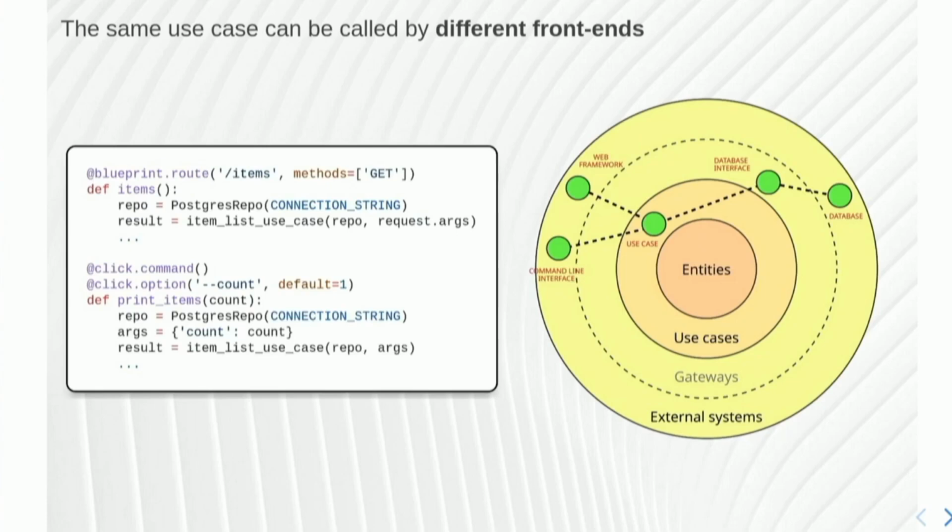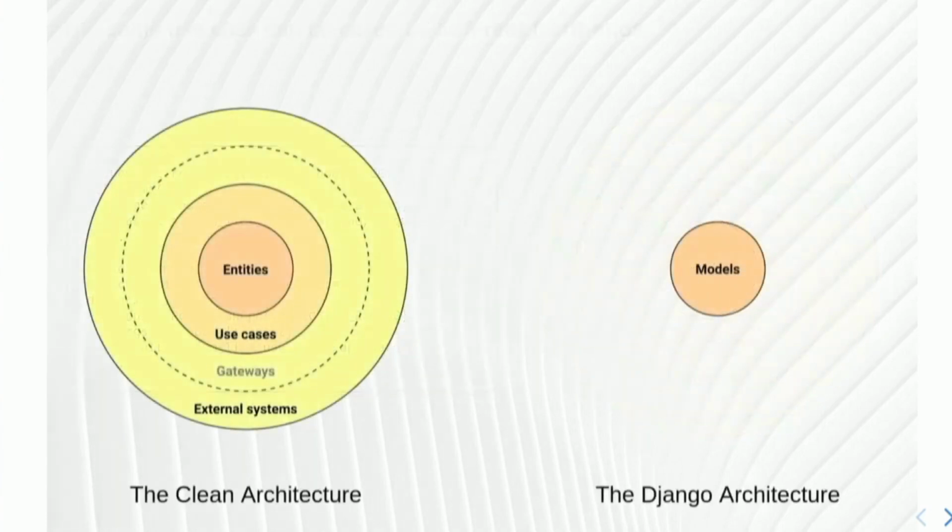Okay, at this point, I want to draw a comparison with an architecture that, at least many of you, probably know, which is the Django architecture. Django is an amazing web framework, well known in the Python community. It has a different architecture. It's not the clean architecture. This doesn't mean it's unclean, maybe. Well, yes, it's unclean. Given the definition, it's unclean. What I mean is, I don't want to say it's bad. Okay, I'm coming back to this later. I just want to draw the comparison for now.